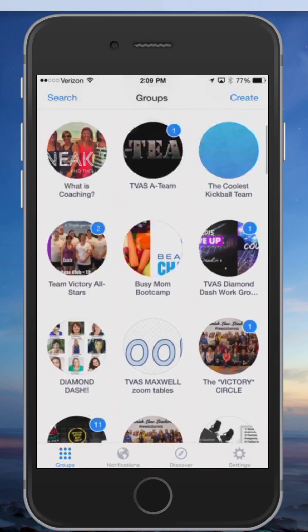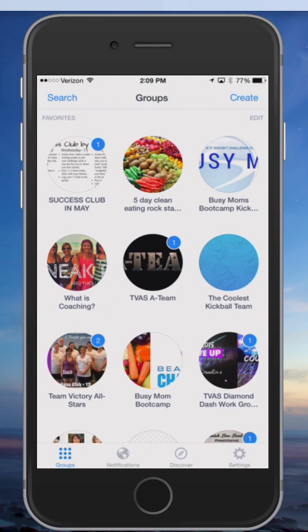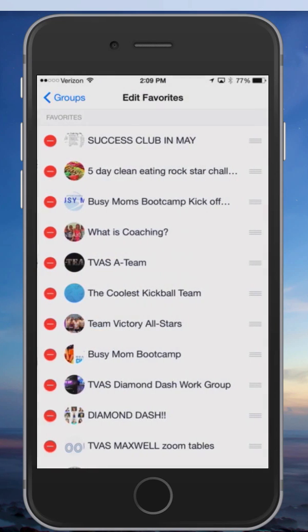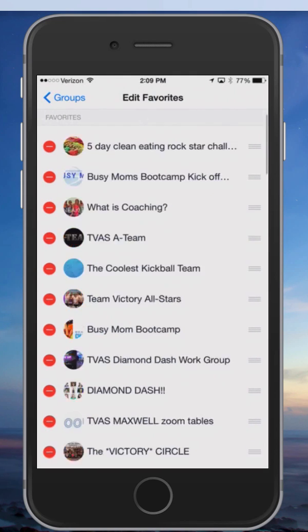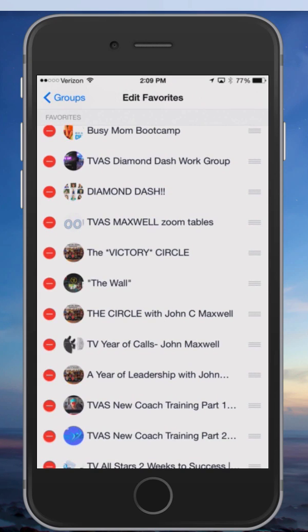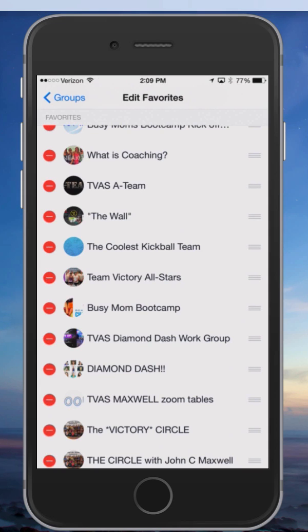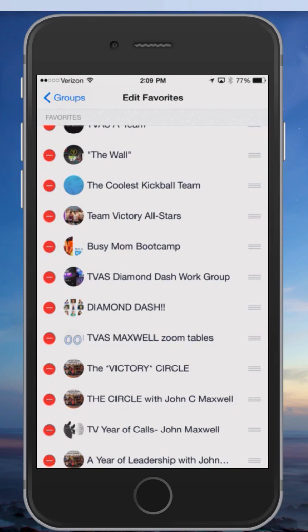What I like to do is I like to keep those groups that are my top priority at this moment in time, keep them at the top of the list. So in order to do that, you can go ahead and hold one of them down. And what you're going to do is you're going to rearrange the groups, and you're going to drag your top priority groups up towards the top of the list, so that when you open up the app, those are the first things that come